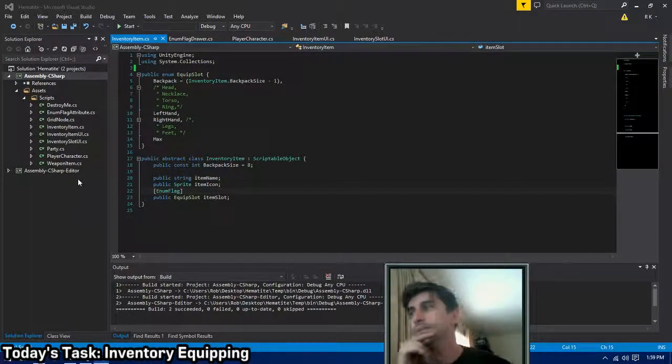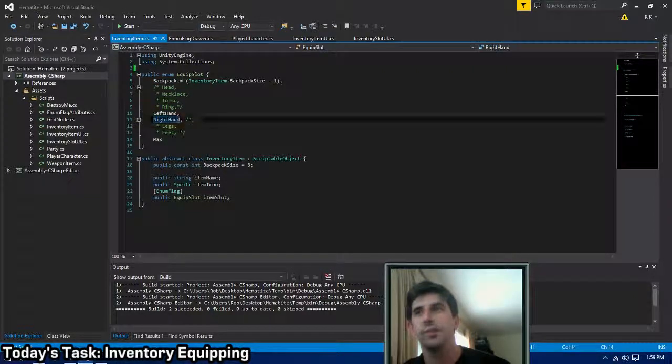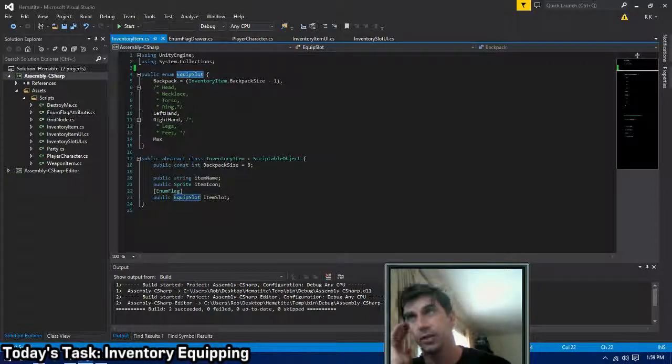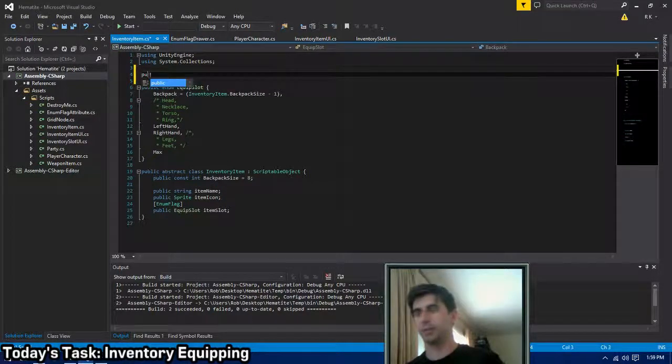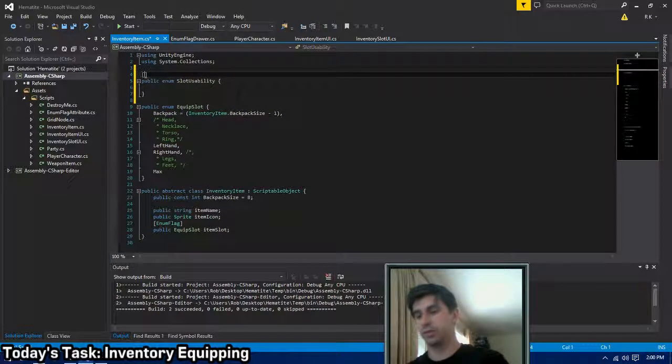There we go. Because all items can go, like, here are your slots. Obviously, it makes sense to have equip slot as an enumeration. That's fine. That's not the issue here. I almost need, like, another... something like this, essentially, that breaks down into, this one is actually going to be